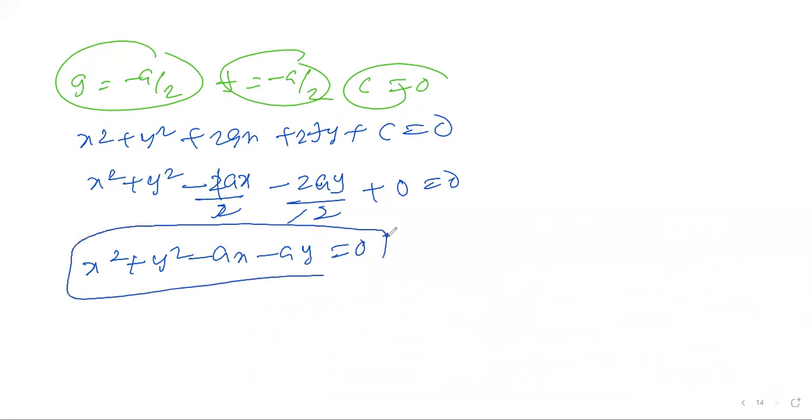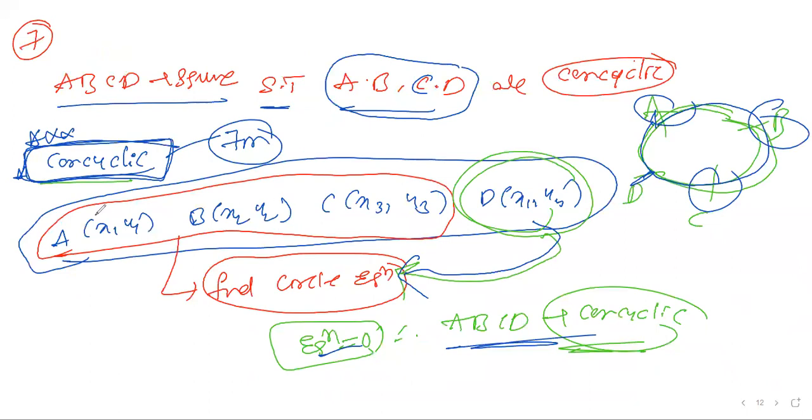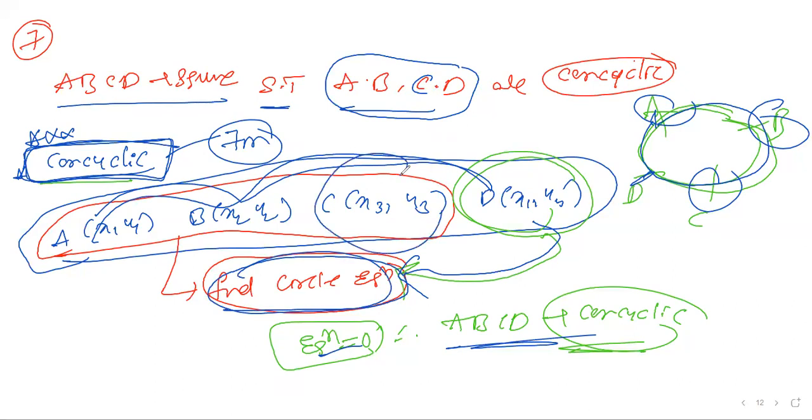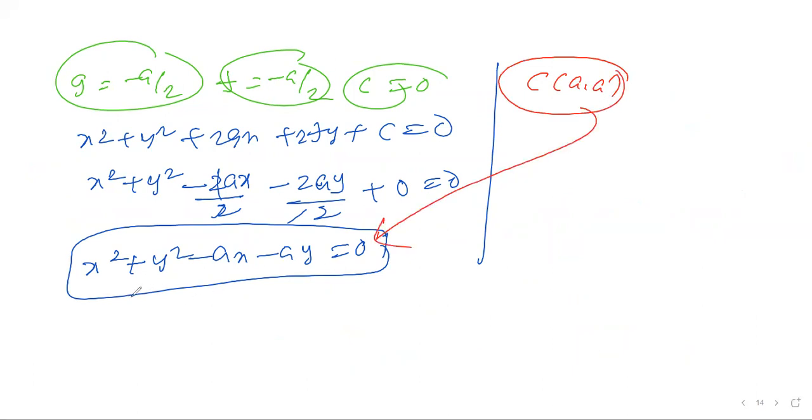Because I took 3 points, I framed the equation. The agenda is concyclic. First you take any 3 points, you have to frame an equation. That I tell you. So I took the 3 points A, B, D and framed an equation. Now I got an equation. After getting the equation, what do you have to do? The rest of the point you substitute in the equation and it becomes 0. So here, what is the rest of the point? The point C is waiting for you. What is the value of C? (a, a). Now (a, a) you substitute in the equation. If this equation becomes 0, then only it is concyclic. Yes or not, we have to see.